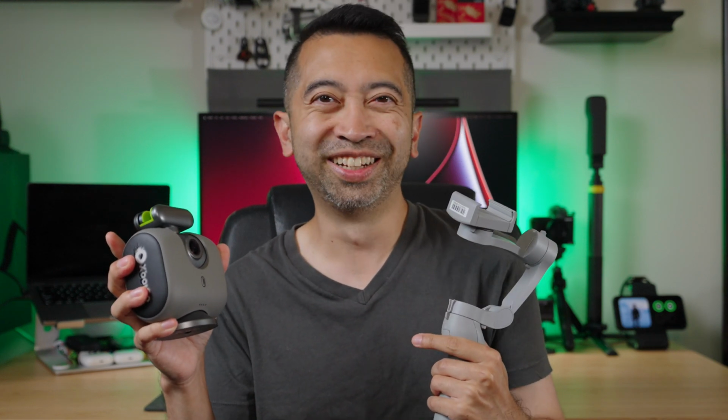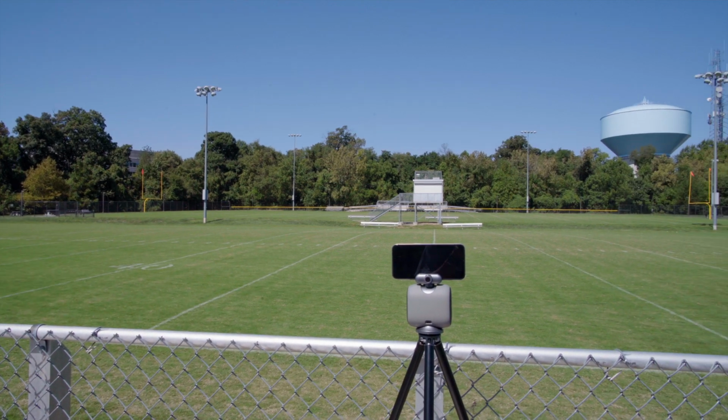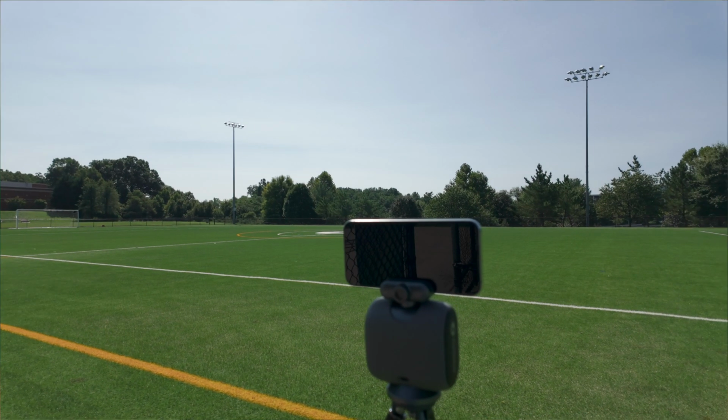So when I reviewed this gimbal, I wasn't doing team sports, I'm mostly a golfer, and now that I have the XbotGo Chameleon, well, yeah, I'm still not doing team sports. Anyways, I headed out to the football field nearby to capture a game like I did last time, but once again, there was no game. And it was actually worse this time because last time there was at least a lawnmower. So just like last time, I headed over to the soccer field next to test it out and...